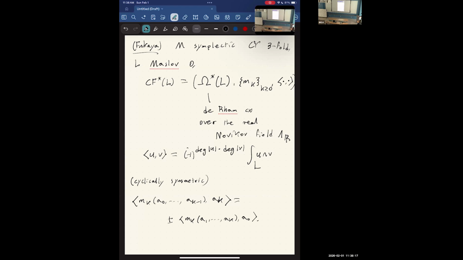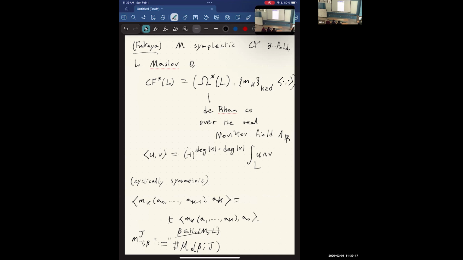Okay. I'll say a little bit more about this in a second, but once you're given this data, you should consider an additional piece of data, which I'm going to call M_{-1,β}. Here β is a class in the relative second cohomology, H²(M, L). What I want this to be is the number of points counted with sign in the moduli space of J-holomorphic disks in M with boundary on L representing the class β in relative second cohomology. As we saw in Tobias's talk, in the Maslov zero Calabi-Yau threefold setting,